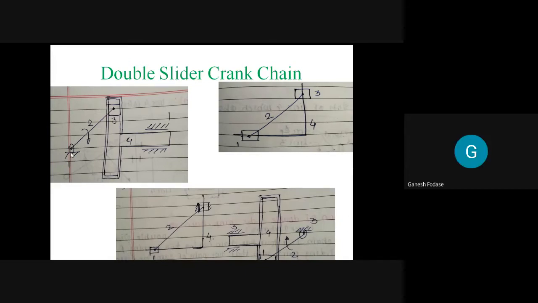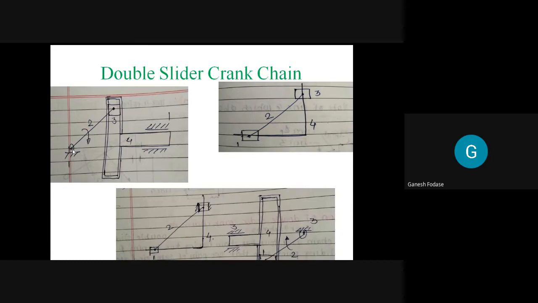1 is fixed. And in the second inversion here, I hope the arrow is visible, I'm showing you. This is your basic mechanism, and here it is first inversion, and here it is third inversion, and both are the same. That I'm trying to explain. Understand or not? Working of both is the same. Difference is, in turn, we are fixing two sliders. At a time, only one slider is fixed. Clear to all? Yes, sir.